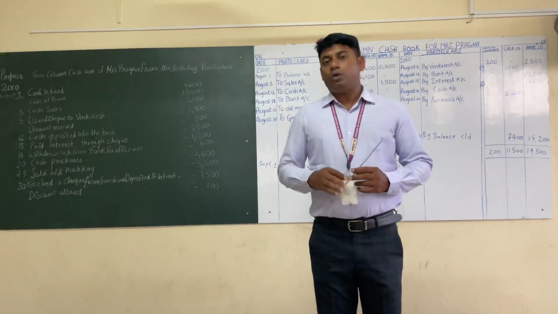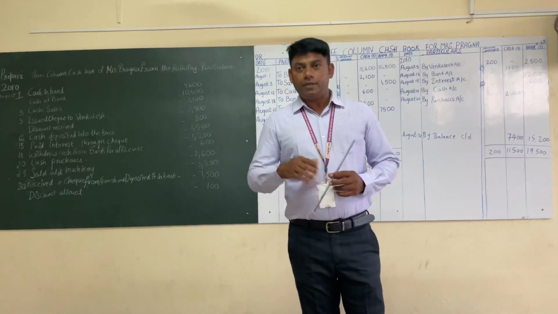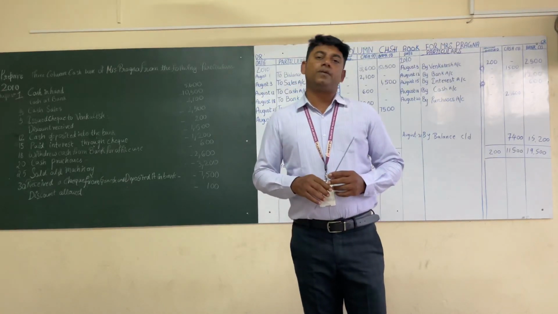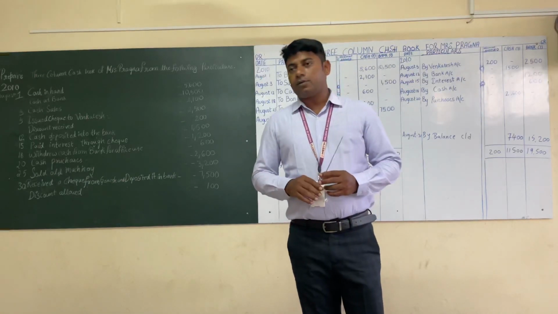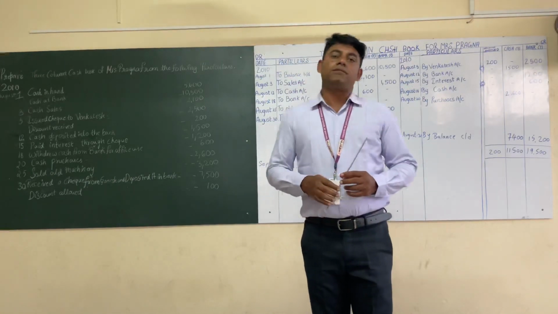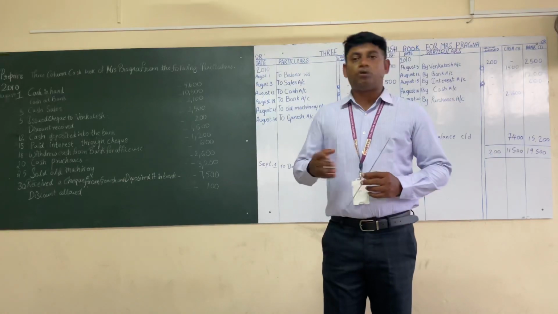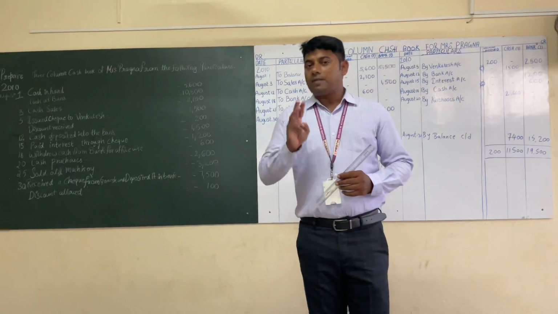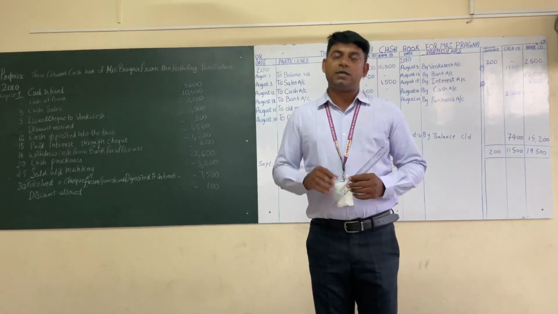See, situation number one: as a company, if you deposit any amount of cash into the bank, that is one of the contra entry situations. The second: if you withdraw any amount from the bank for the purpose of the office, that could be one of the contra entries. So far we have seen two contra entries. And situation number three is